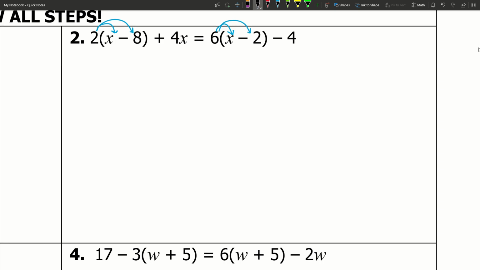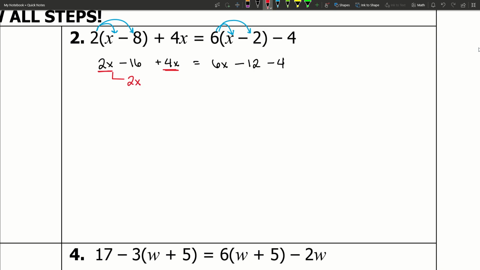2 times x is just 2x. 2 times negative 8 gives me negative 16. Six times x is 6x. Negative 2 times 6 is negative 12. Now I know some of us like to go ahead and start moving stuff now. I would not encourage you to do so. I would tell you to combine like terms. I can put this 2 and this 4 together